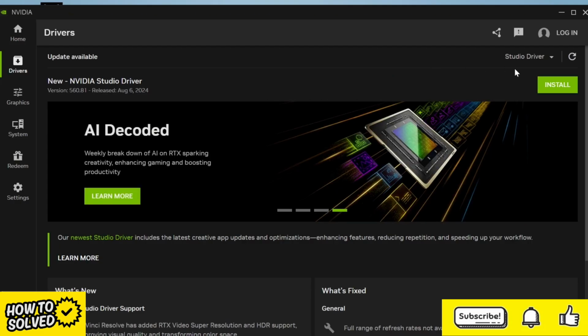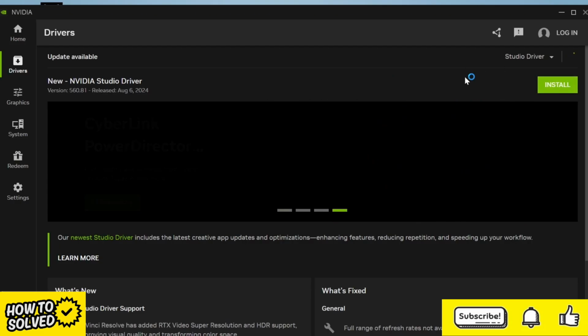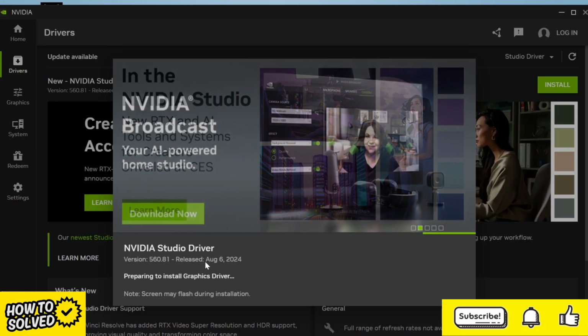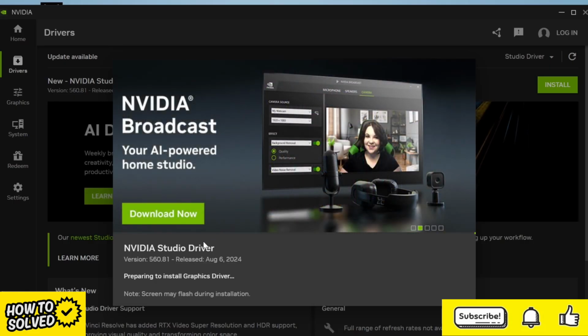Once the driver's finished downloading, you'll need to click on Install. From this window, either choose Express or Custom Installation. I'd recommend choosing Express, press Continue, and that's going to go ahead and install the latest graphics driver to your